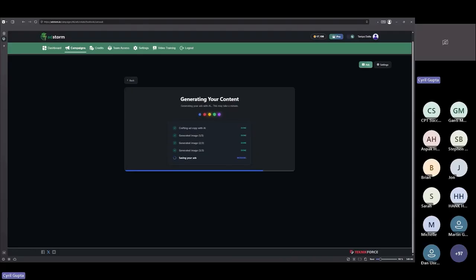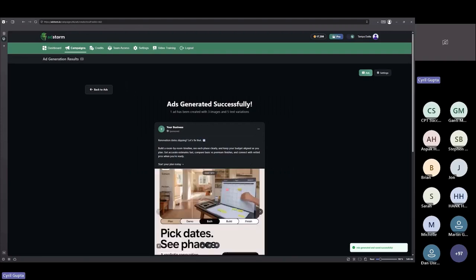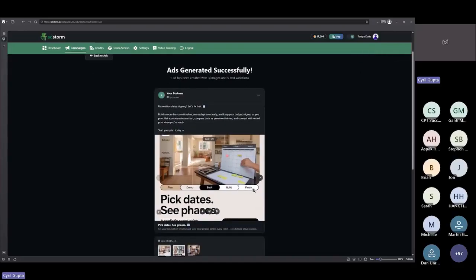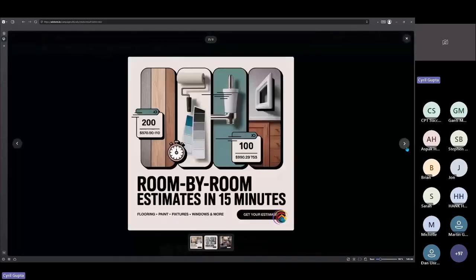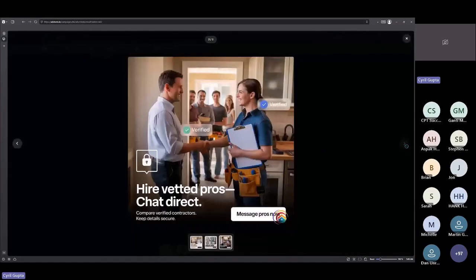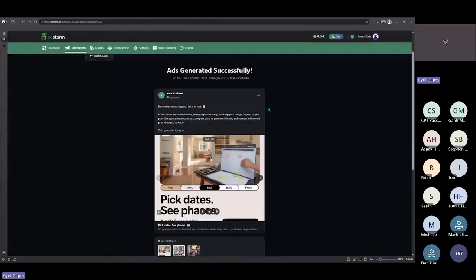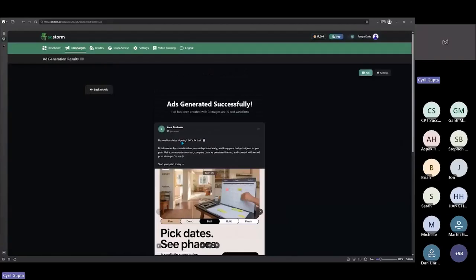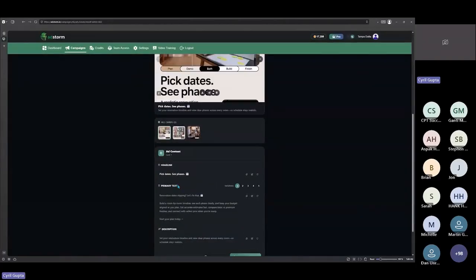All right, so the ads are nearly done. Now it's uploading the ads to our AWS server to give you the high-speed performance and of course keep your data secure. So there we have it. This is the carousel ad. So this is the first card, the second card, the third card. Beautiful image, don't you think so? Right? All done for you in seconds, and it's got the copy too, right? It's got all the headlines for you.